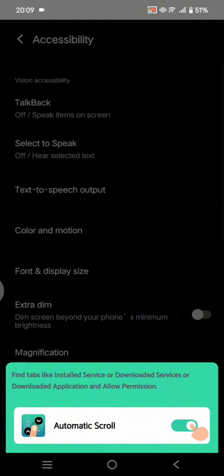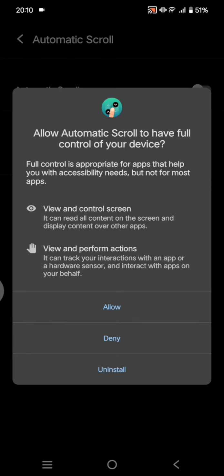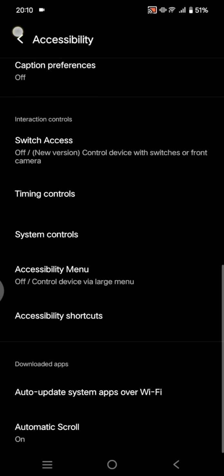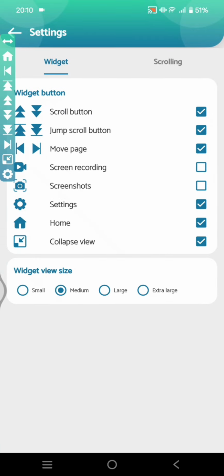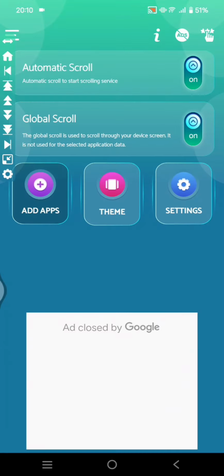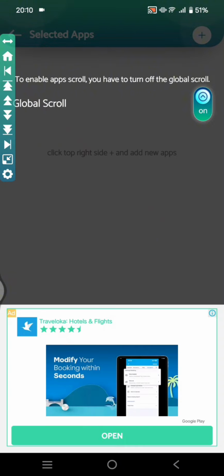Then here enable the automatic scroll on your phone, click on allow, and after that you can just go back again on the apps and then click on scrolling. In here you can adjust the speed of the scrolling, the scrollable area, and also the continuous pages. You can just set it as you like. I'm going to just skip this part and then click on add apps,